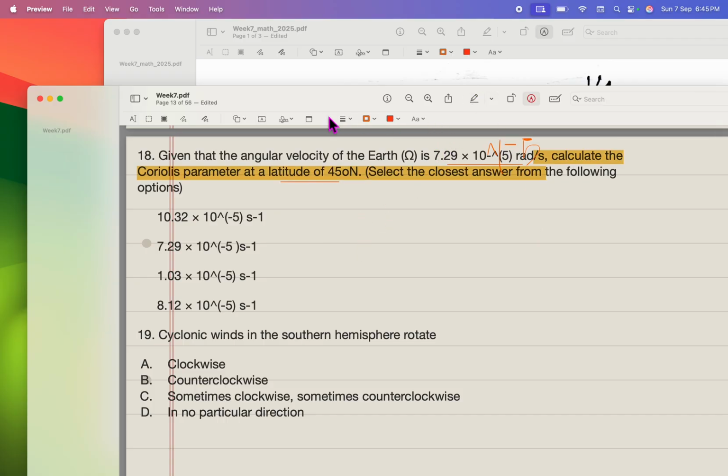The Coriolis parameter is defined by f equals 2 omega sine phi. If you do not have a calculator, then sine phi is 1 by root 2 times